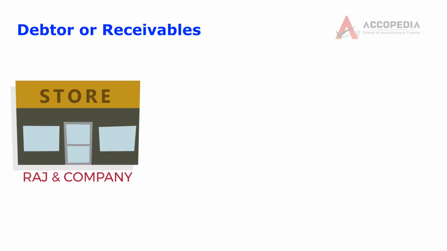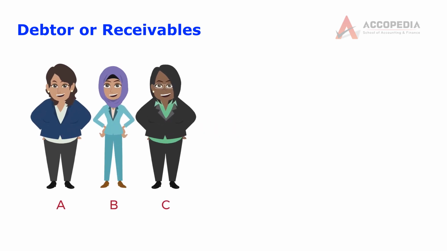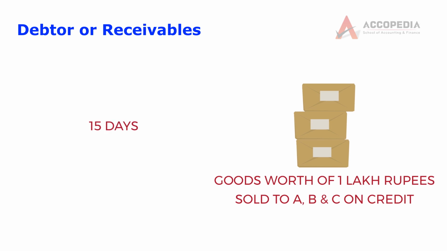But now let us take a case where our company has sold goods on credit. That is, I have sold goods worth 1 lakh today to ABC, and ABC has not paid me the money. It is probably going to pay me maybe after 15 days, maybe after a month. So this is known as a credit sale, and when I sell goods for 1 lakh to ABC and company, ABC has to pay my company 1 lakh. So ABC account will show a balance of 1 lakh as due to me. So in my books, ABC will be a debtor or a receivable.